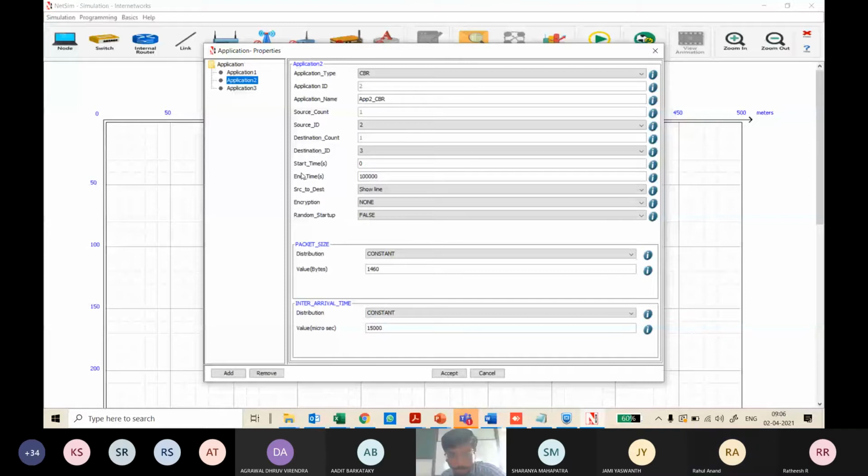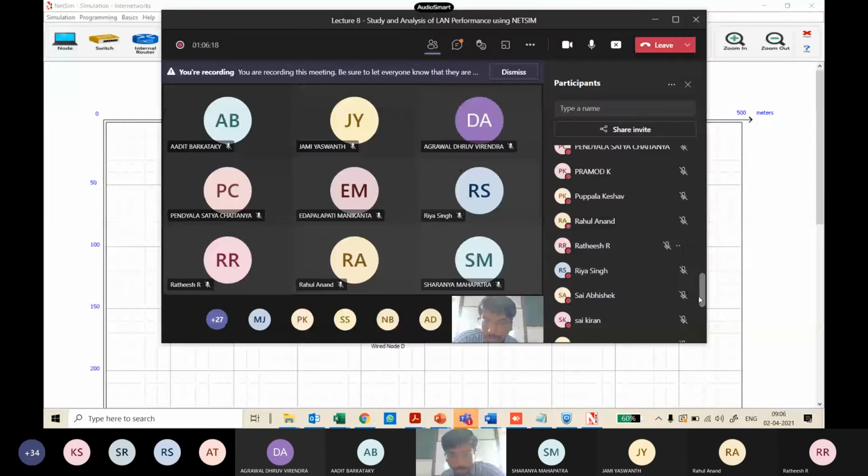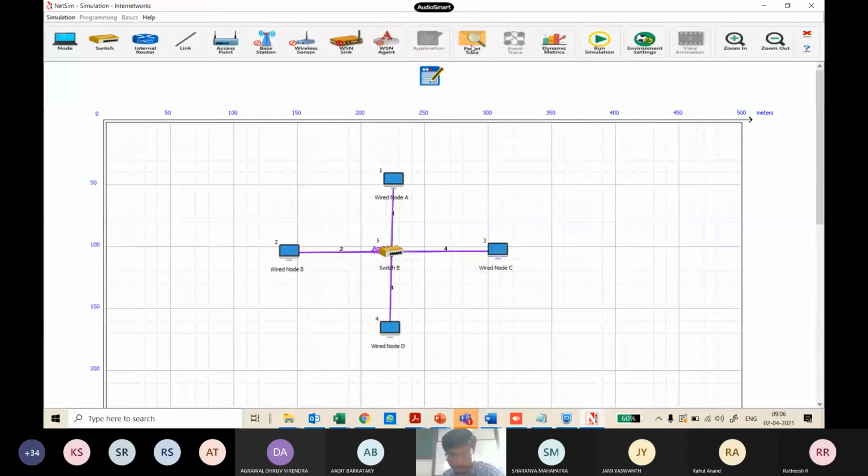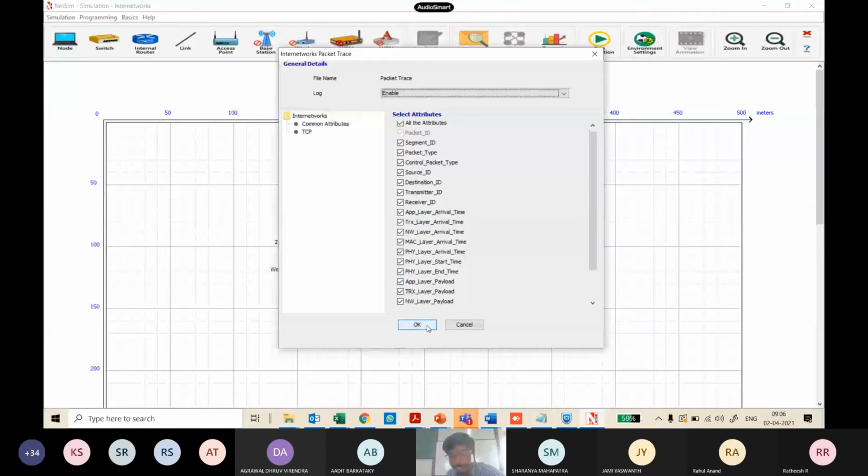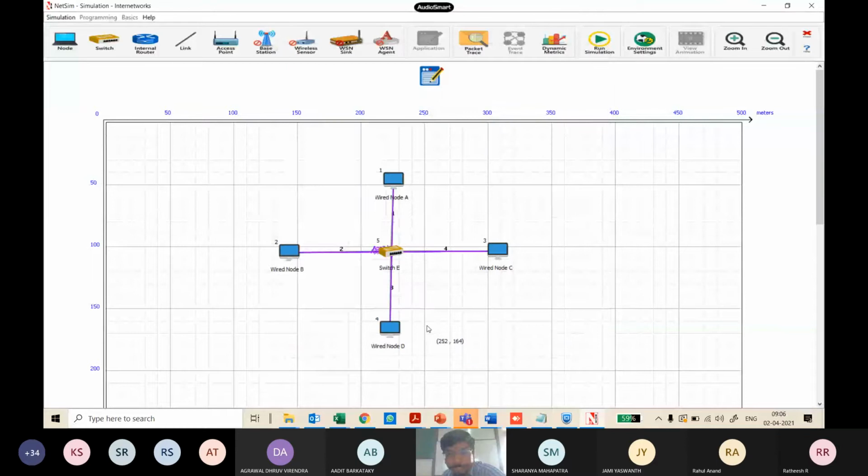Okay. So now what I want to do is, before you run the simulation, I want you to turn on the trace. What do you mean by packet trace? Packet trace is logging all the events that are happening, right? Layer-wise events, the log file. Even NetSim generates a trace file. So you want to generate the trace file? Click on it. All these attributes get saved in an Excel file. You just click OK. We are not going to open and analyze it like we did in NS2. That headache is gone now. Just click on OK. And event trace, just leave it. If it's not there, also don't bother.